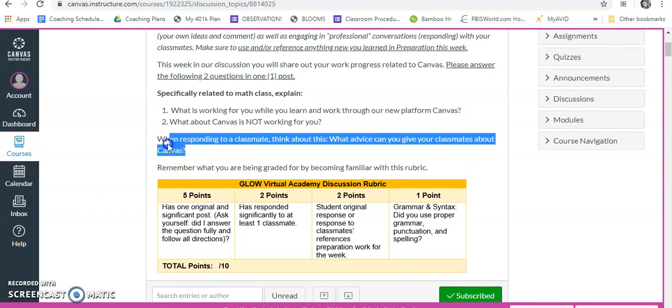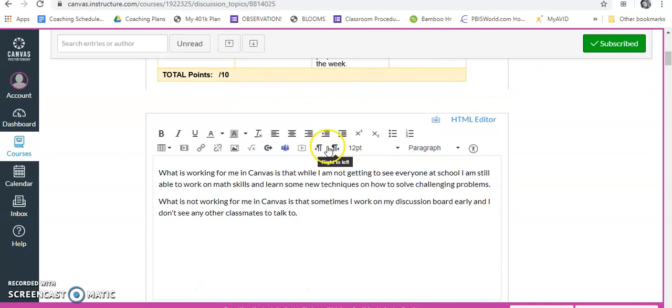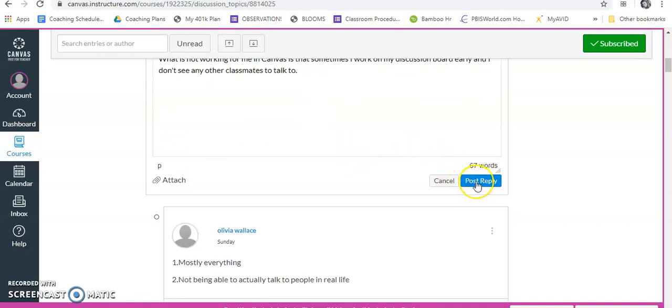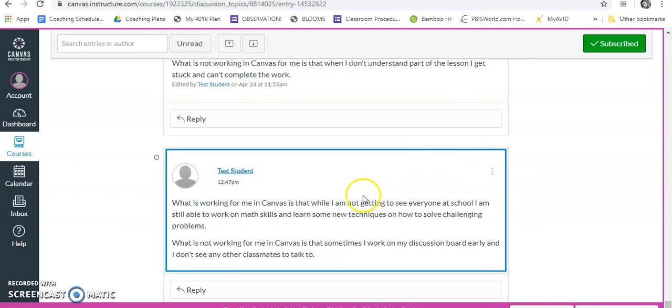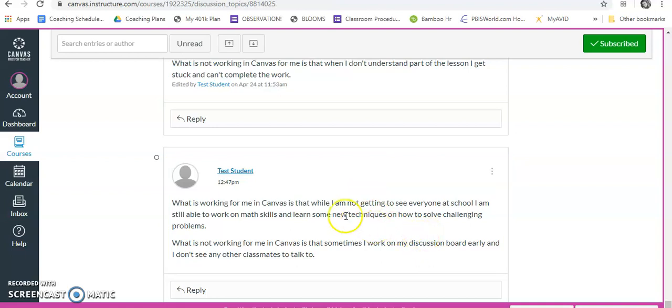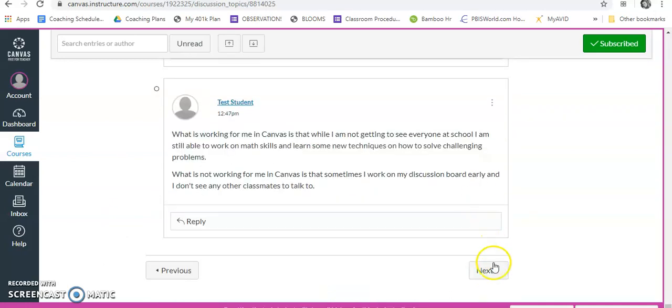Because remember, the second part down here is when I'm responding to a classmate, we are going to give some advice to another classmate in just a second, but we need to submit our answer first. So we're going to scroll down and it says post reply right here. Now make sure you proofread and everything sounds the way that you want to before you hit that post button, okay? So now you can see that I am test student in here, and you can see that my post is going to show up with everybody else, okay? So we're going to hit,